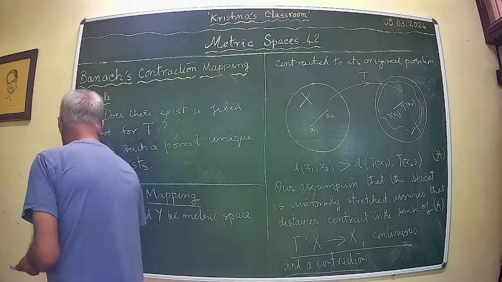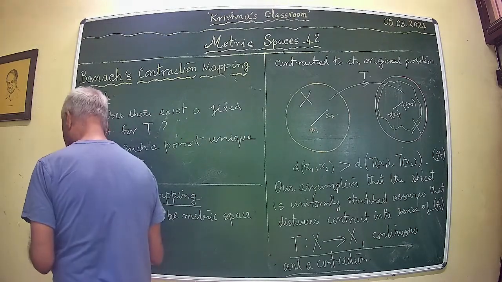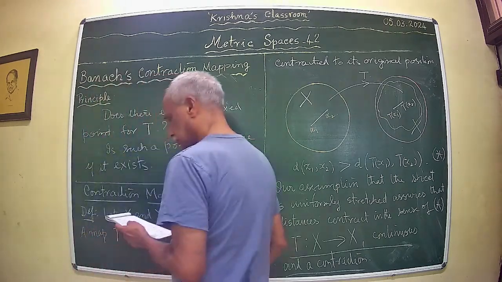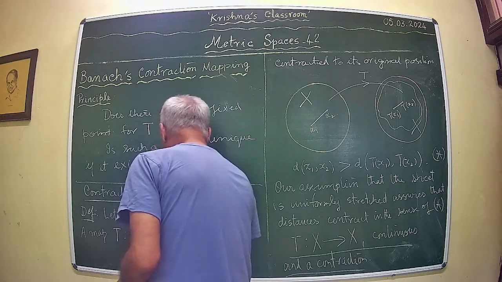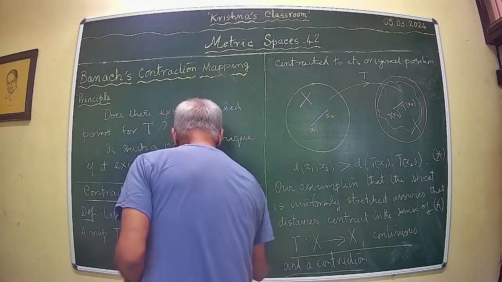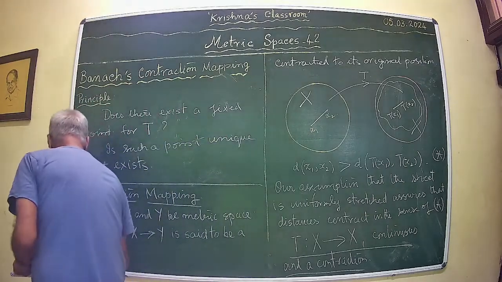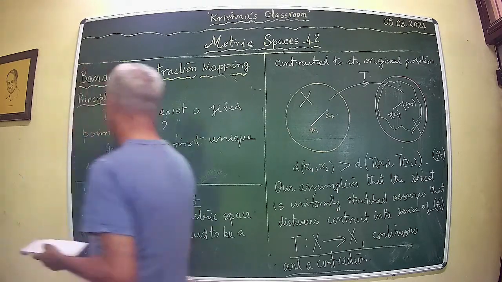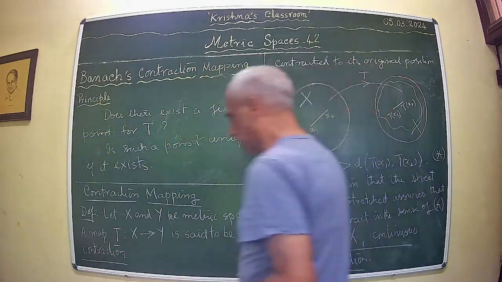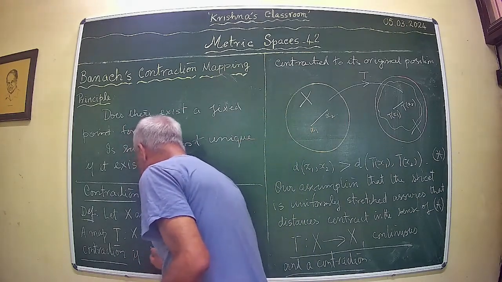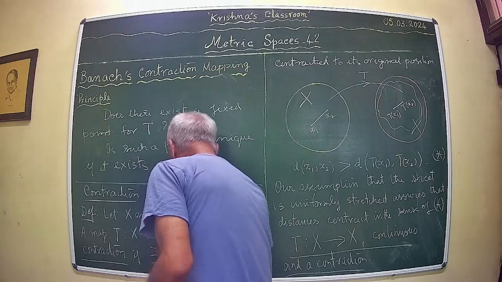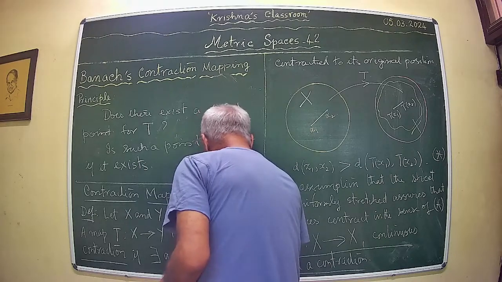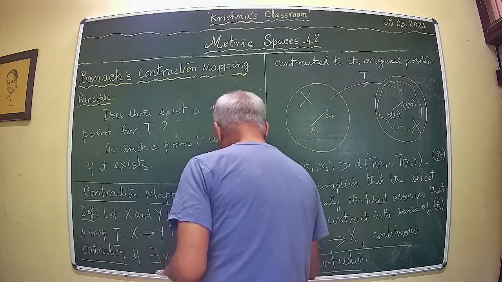A map T from X to Y is said to be a contraction if there exists a constant C, with 0 less than C less than 1,